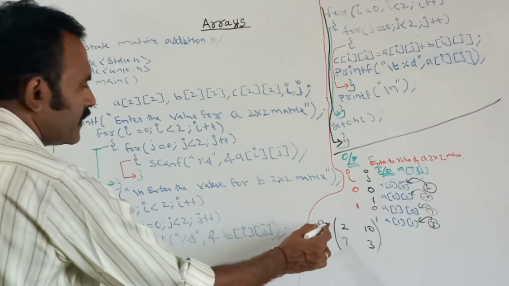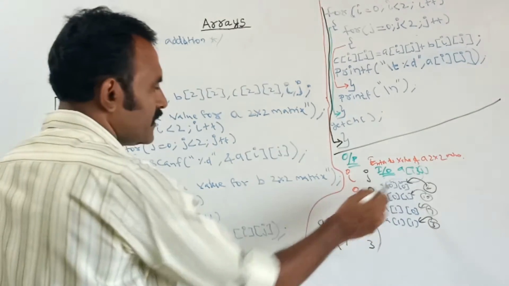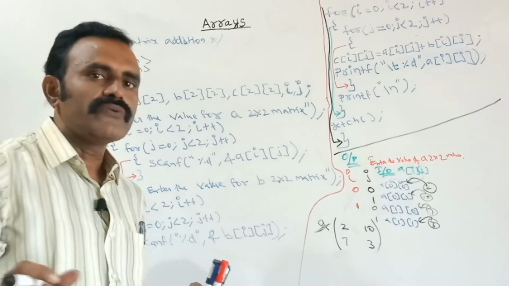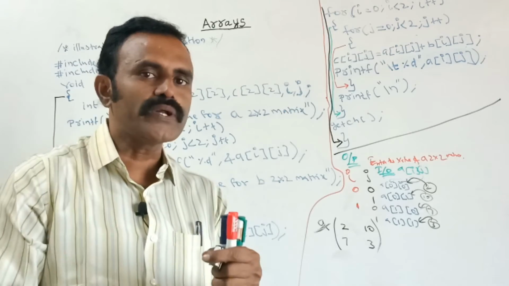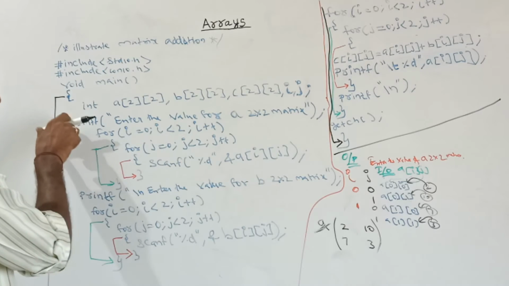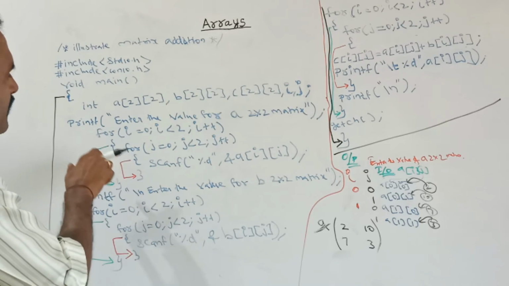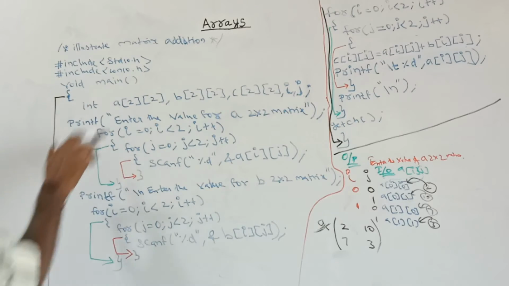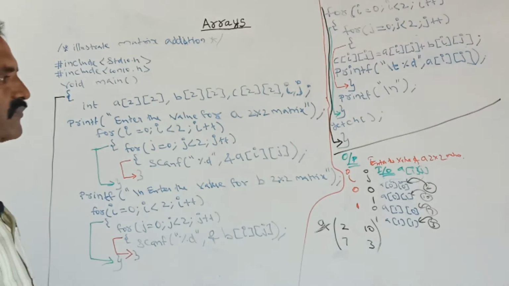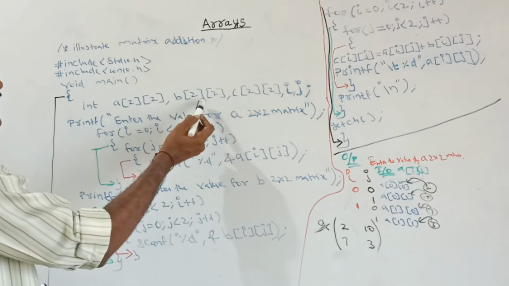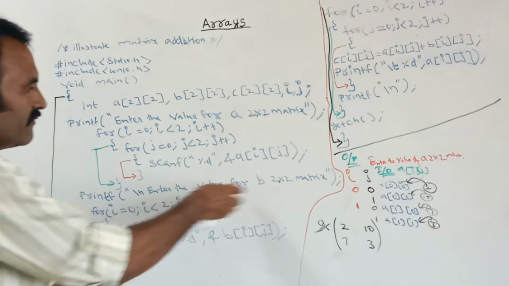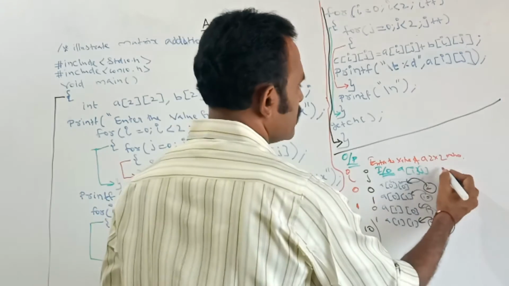So in variable A, each and every position we are getting by using this loop. With the help of this loop value, we are getting the position and we are storing the value to that particular position. See, next after that, we have completed this, that is we have given the input to the variable A. In a similar way, next we are going to this loop. This loop is used for getting the input for the B. This is also a variable. This also has 2 rows and 2 columns. So here again it will ask, enter the value for B, 2 cross 2 matrix.